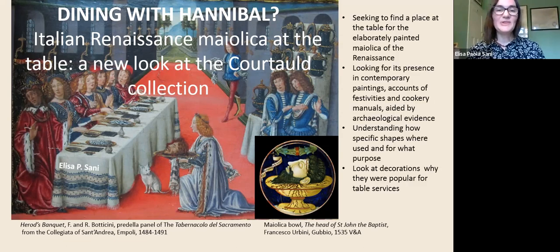I would like to just briefly summarize what I would like to try and do. So yes, trying to find a place for this highly decorative ceramics back in their original setting where they were first used by their owners, and looking for the presence of maiolica in paintings, as well as archival documents and published materials such as cookery books, trying to propose some suggestions for the use of some particular shapes and try to understand why particular decorations were more popular. So there's a full program here. So we should start